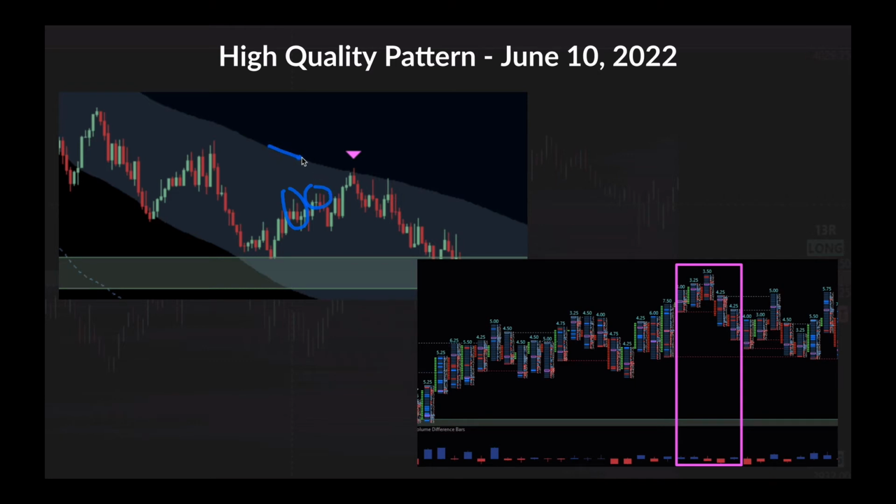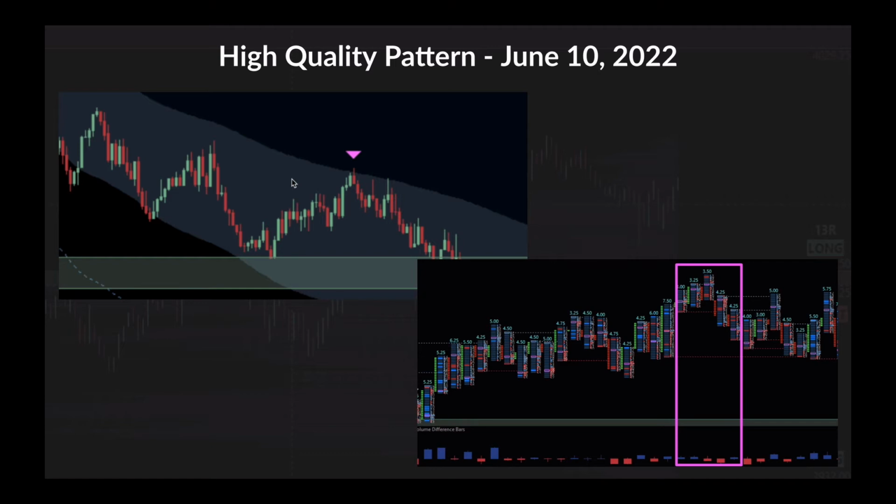Again, I'm looking for a test of this line right here. So when price comes up, the question is, when is the best time to enter, and how can I enter where I have a contained stop loss? Okay, so that's where we get to the footprint chart over here. So if you look at this footprint chart, and I apologize, I can't line this up exactly perfect, but